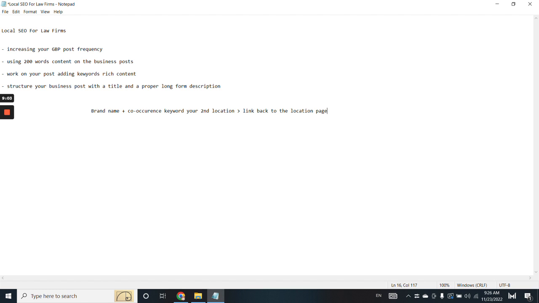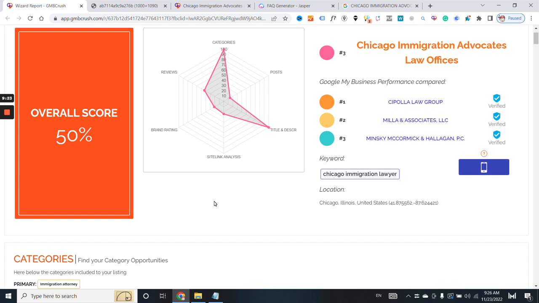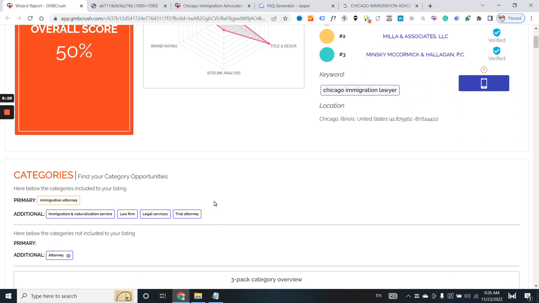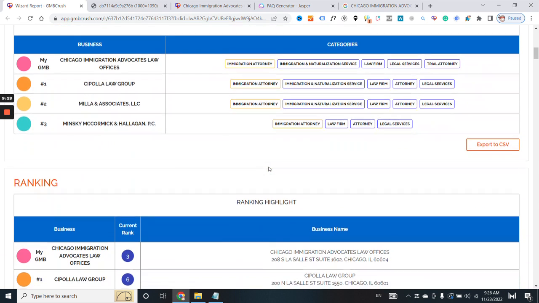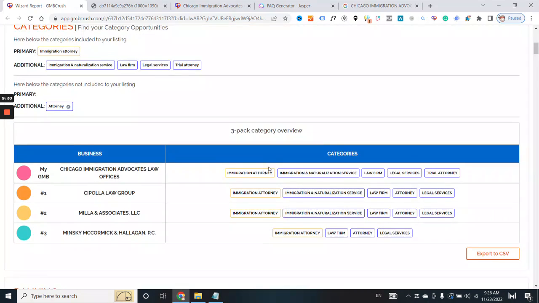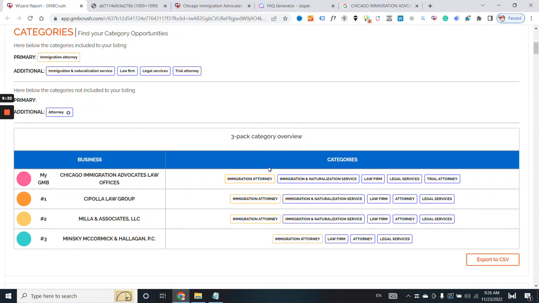the location pages. Those are the most important things when it comes to connecting the dots and connecting your business profile to your website. I've seen that most of the business listings are not linking back to the website, and they are also not interlinking the business posts with each other. Please watch the previous videos if you want to get more insights about this, okay? So back to the wizard, what I also recommend is checking if you can add any additional